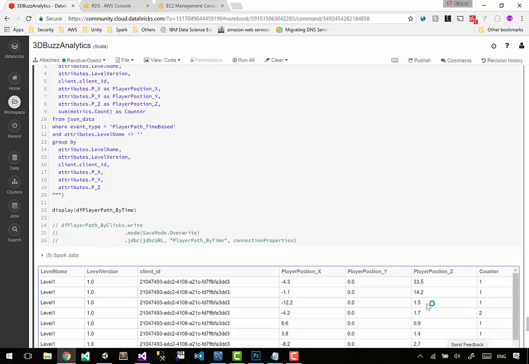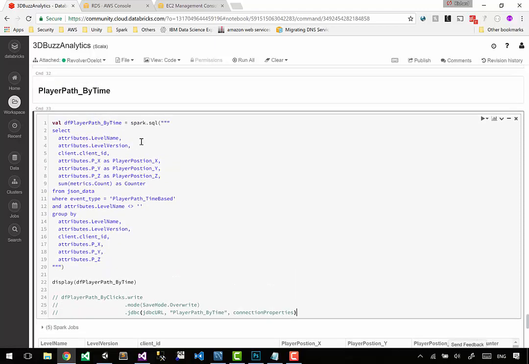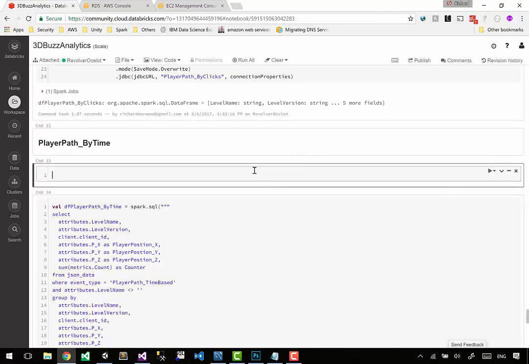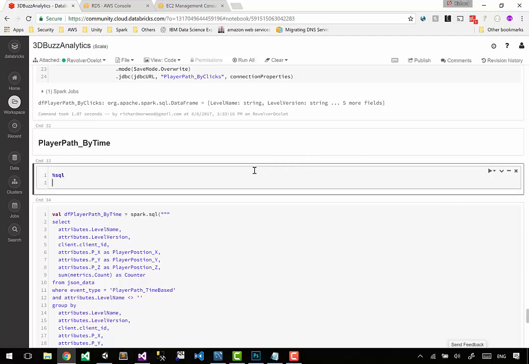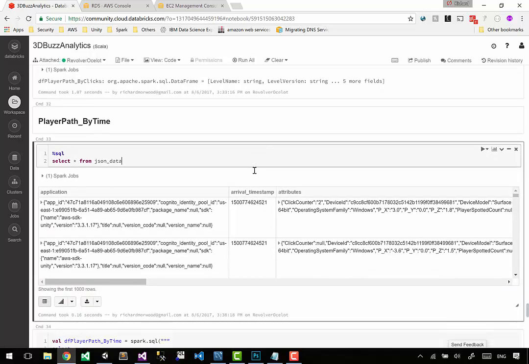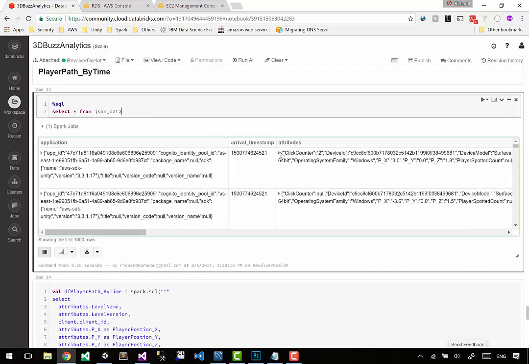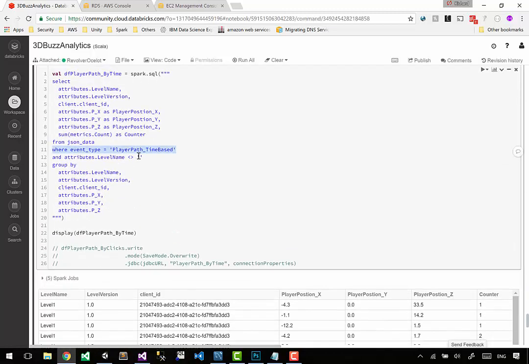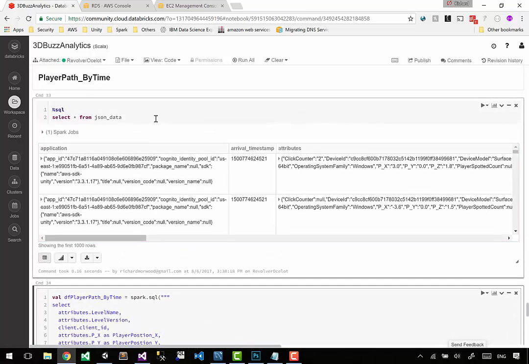We also do want to bring in some form of time into this one. Trying to think of where we have that. We wanted to bring in some other attributes. But which attributes? So I'm going to bring in another query window just to put in SQL select star from JSON data, and then bring in the attributes. So let's find what event type it is. Let's look at what data is available in this event type first,